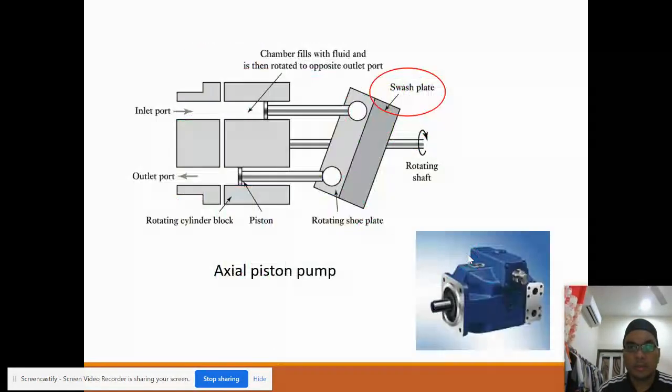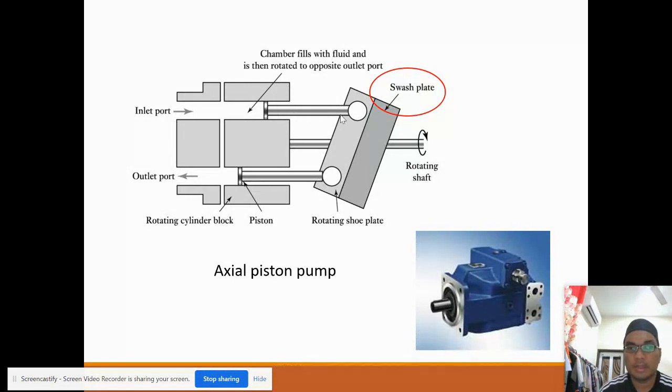So the next one is the axial piston pump. You have inlet ports as usual, going to the inlet port, and this swash plate. There's a rotating shaft here connected to this swash plate, so that when it rotates, it will move